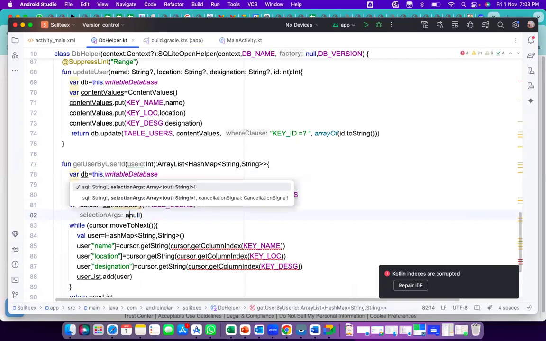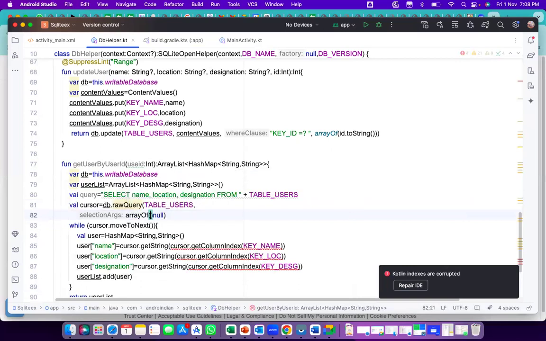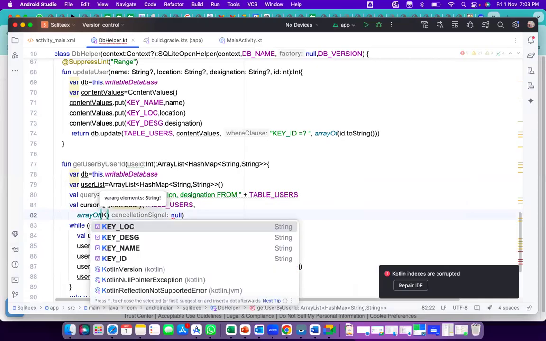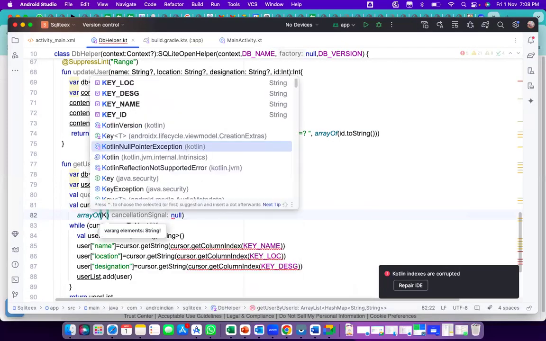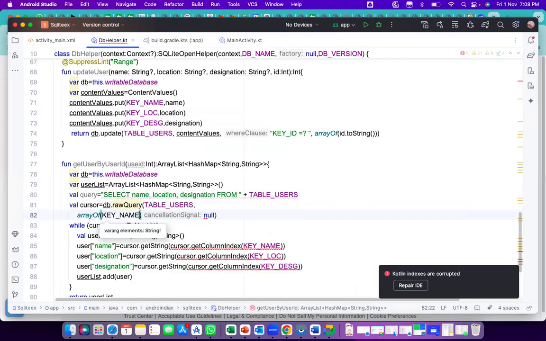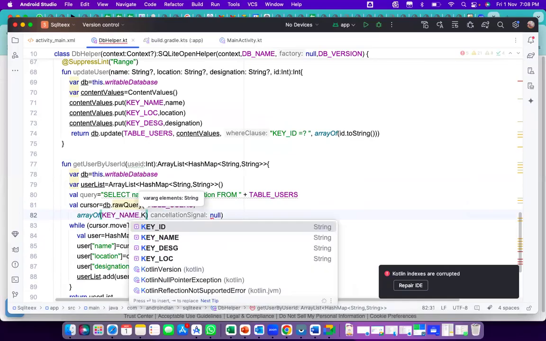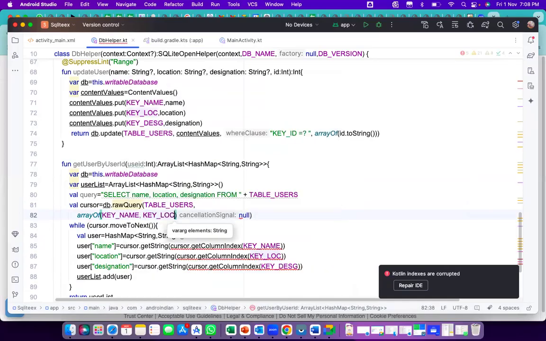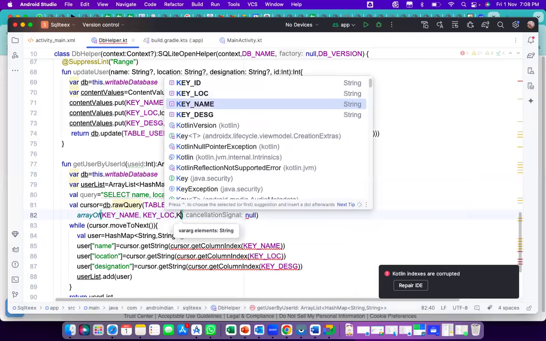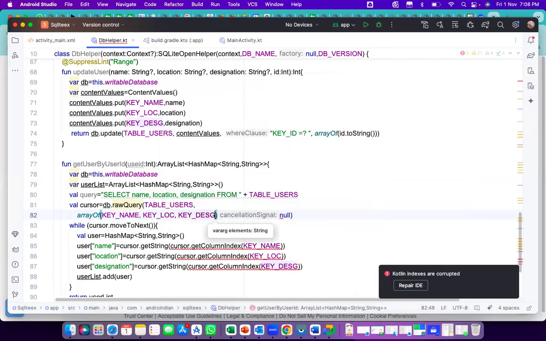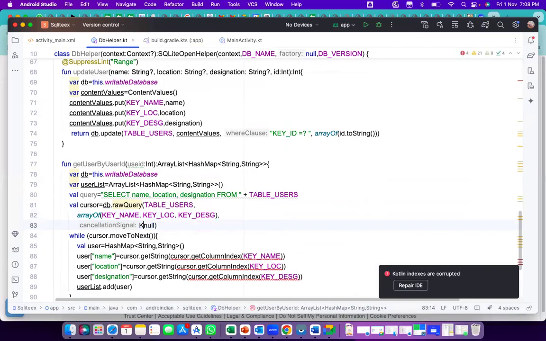Here now I want to add some conditions. So that is array of. Within this array of, based on key name, key location, key designation. All this data I want to get from here, with reference to the ID. So that is a key ID plus